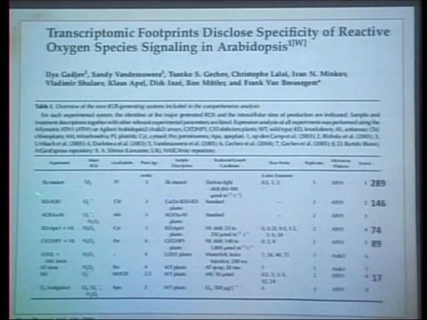And these are the oxidative stresses that were employed for studying the expression of the genes and transcription factors that I mentioned earlier, like using the flu mutant or knockdown of superoxide dismutase or alternative oxidases, or ozone fumigation, or using methyl viologen. These all were the agents for inducing oxidative stress.